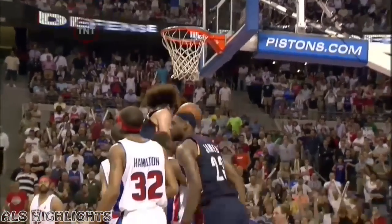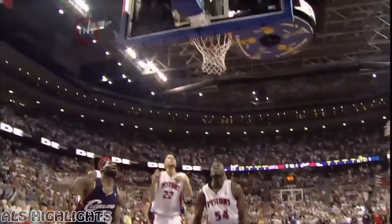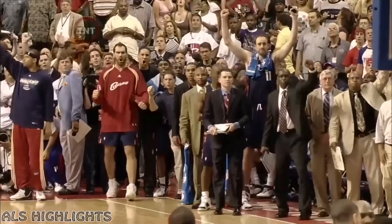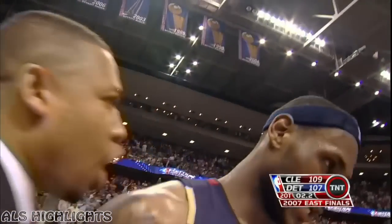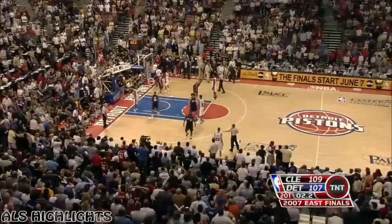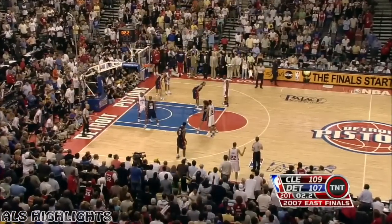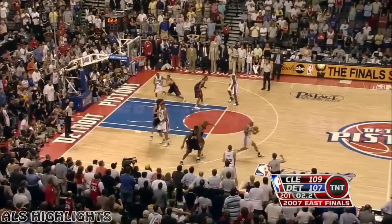48 points for LeBron James. He has scored the last 25 points for Cleveland, 29 of the last 30. He's hit the last 11 Cavalier field goals. This goes down. No matter what happens here, we still have 2.2 to go, as one of the all-time performances in NBA history. And it's moved up, way up the list since the last time you said it. I guarantee you that. LeBron's career high is 56. Prince will inbound. Phillips